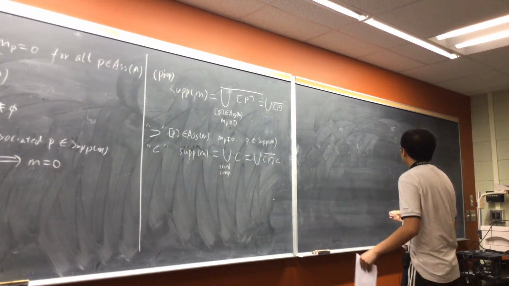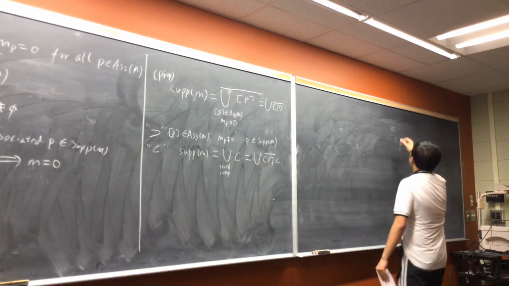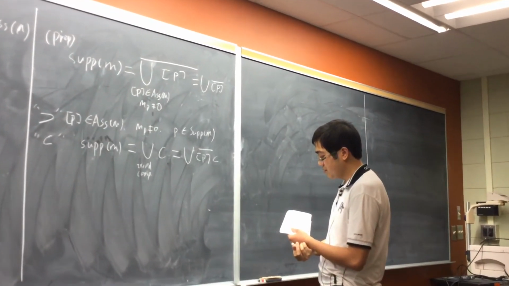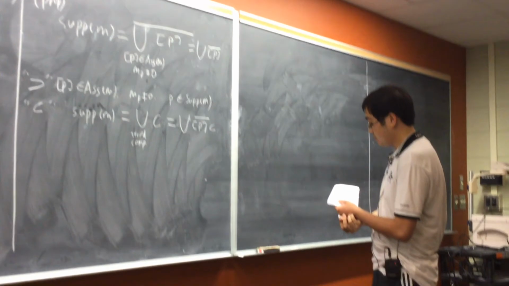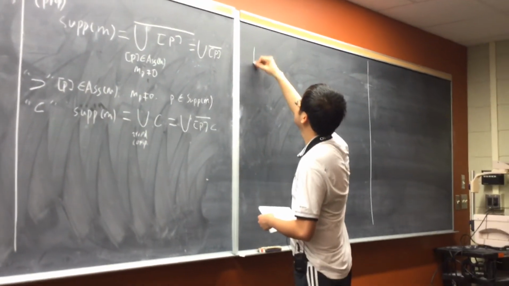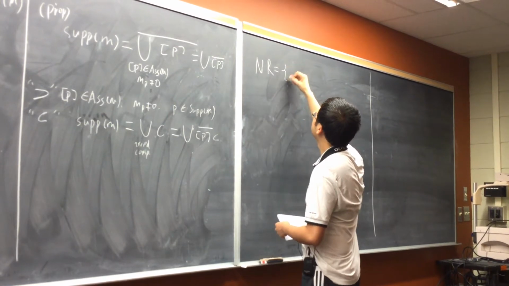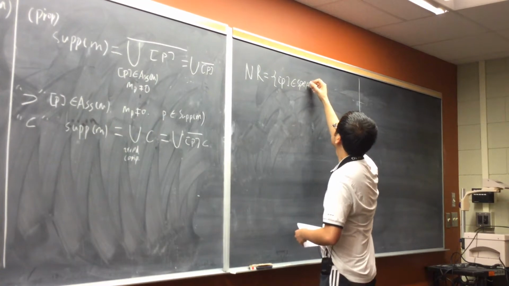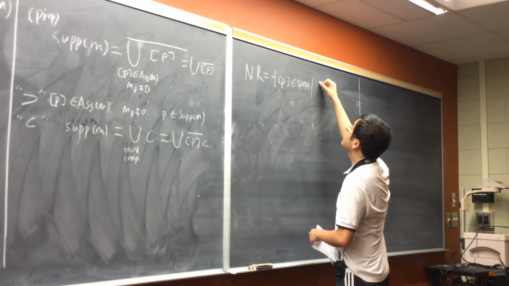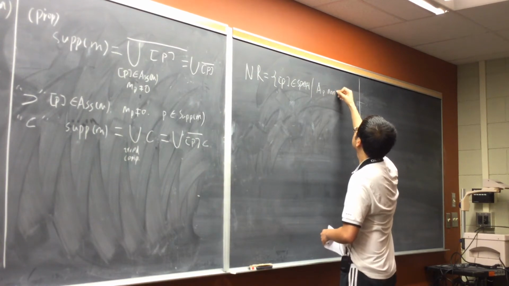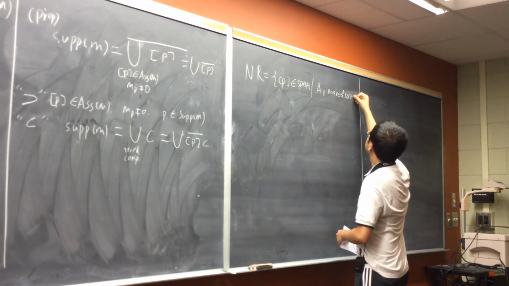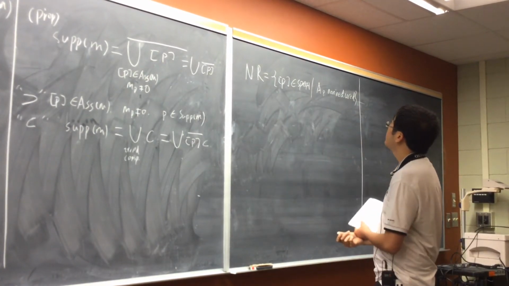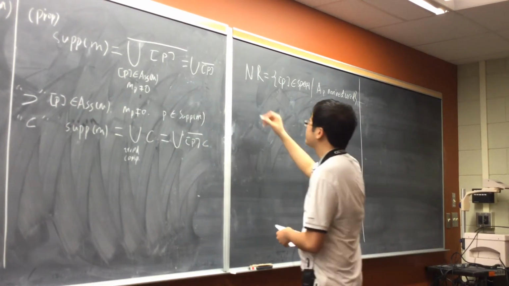The next property. The next property will be about the non-reducedness of the scheme. So again, I'm using another algebraic notation. N is equal to the set of points in Spec A such that A_P is non-reduced. So this set is all the non-reduced points in the scheme. And we want to show that